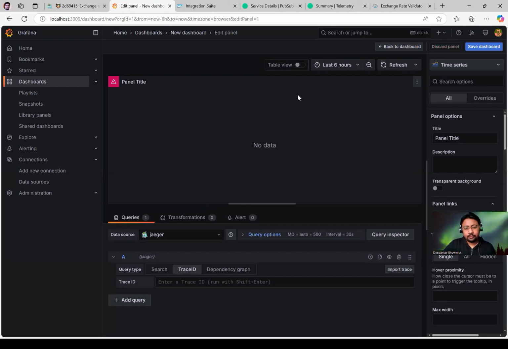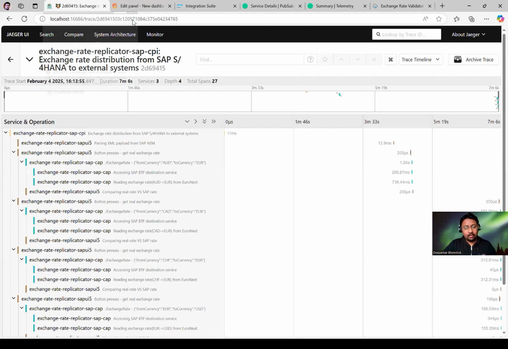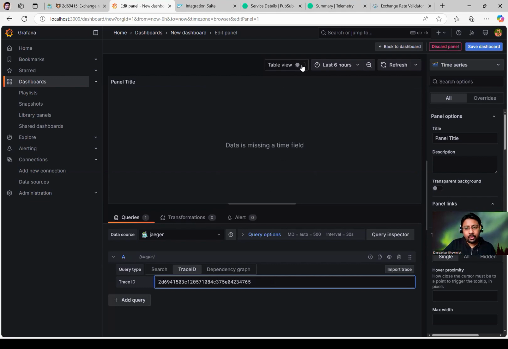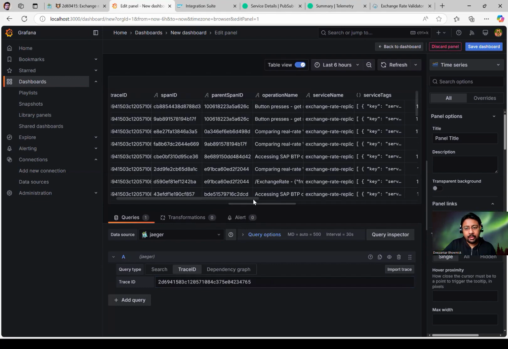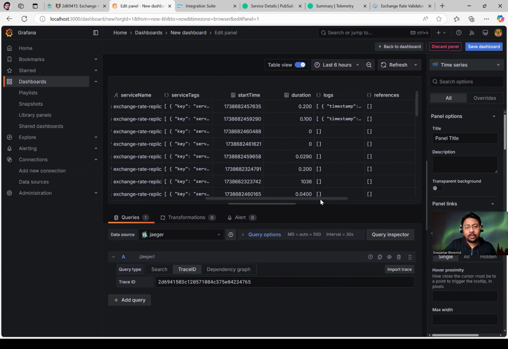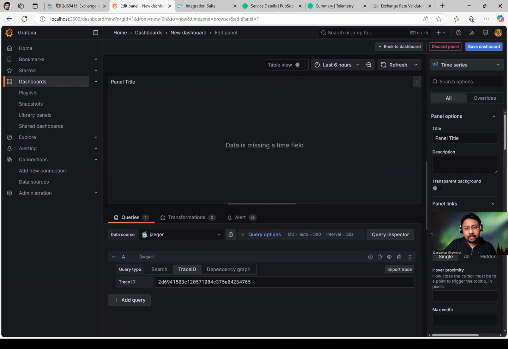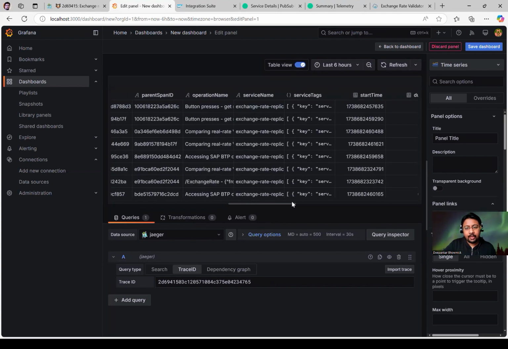And if I switch on the table view, nothing is coming because nothing is being fetched. So I will just put in this trace ID. Okay, trace ID I will put. Now if you switch to the table view, this is the data which it is pulling for this particular trace. The challenge is that if you switch it back, it gives this message